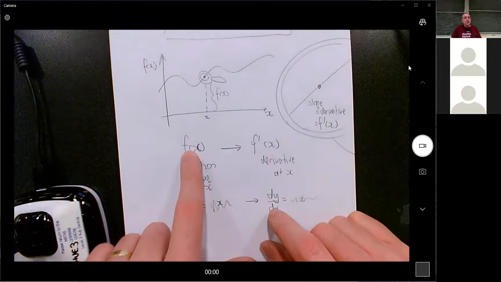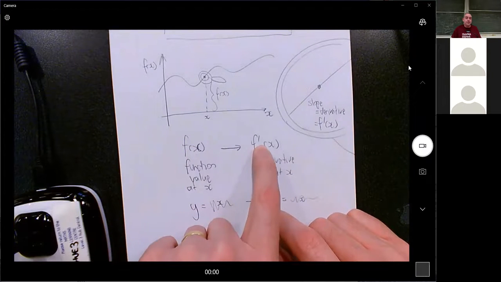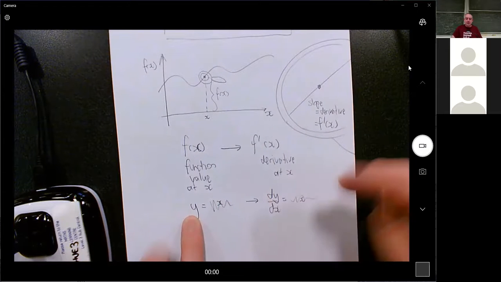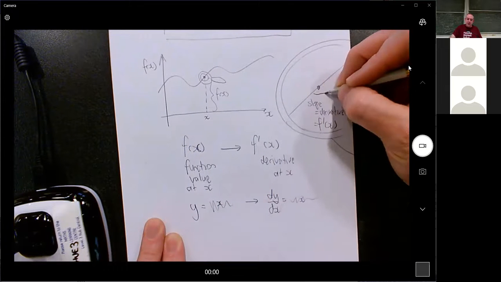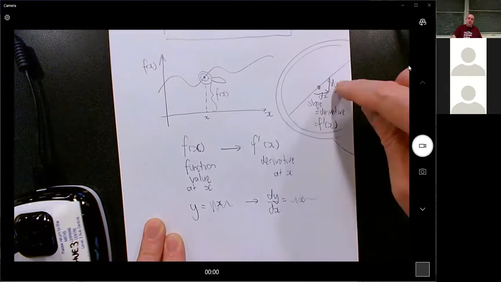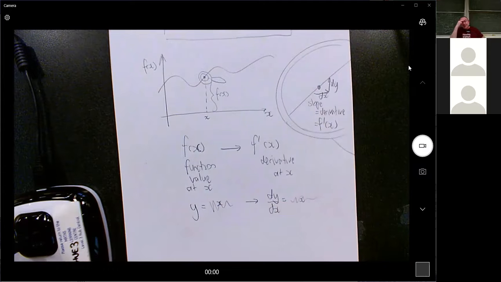This is using function notation where I had a name for the function and then the f dashed is the next function. Whereas this dy on dx is a very small change in x and a very small change in y, and the slope is that divided by that. That's the idea behind it. Okay, so the big idea is